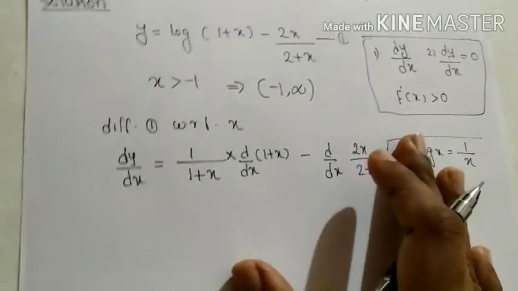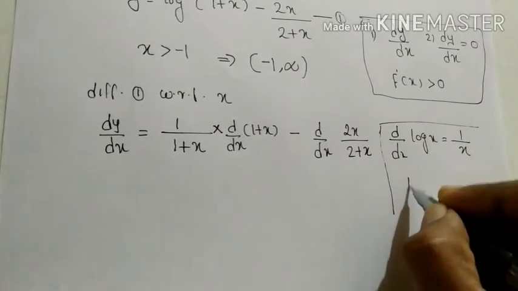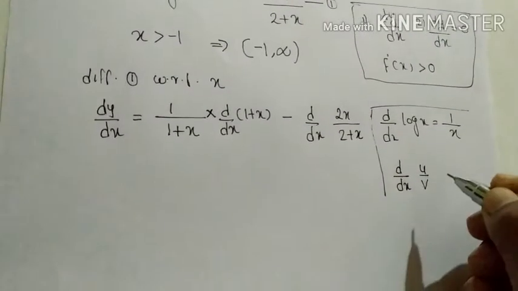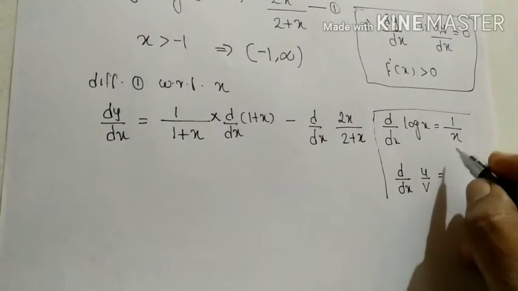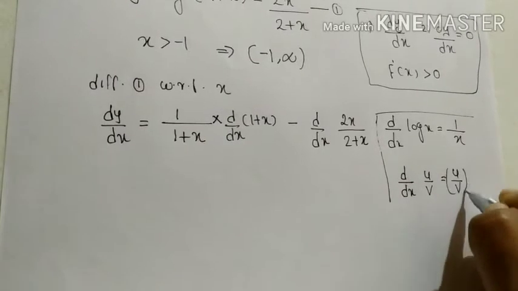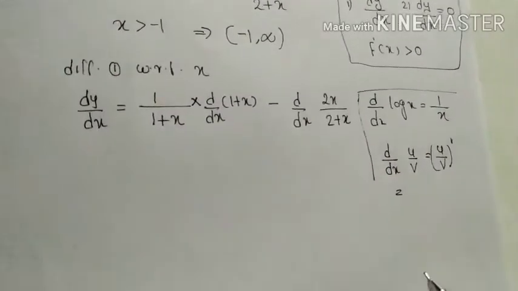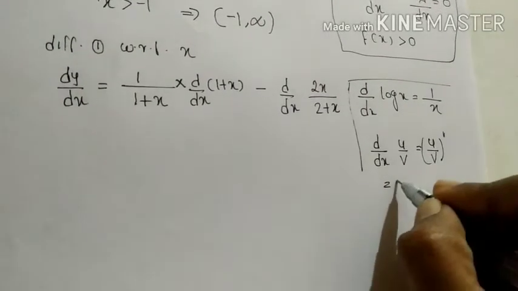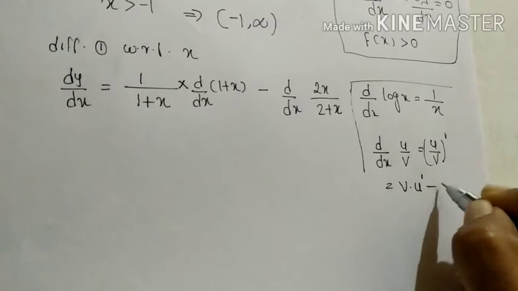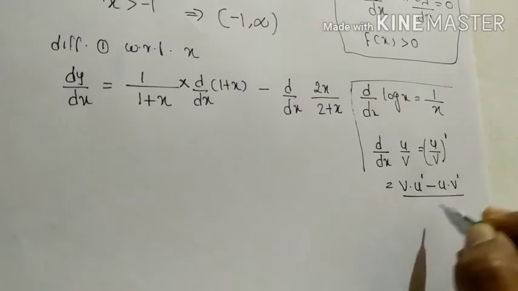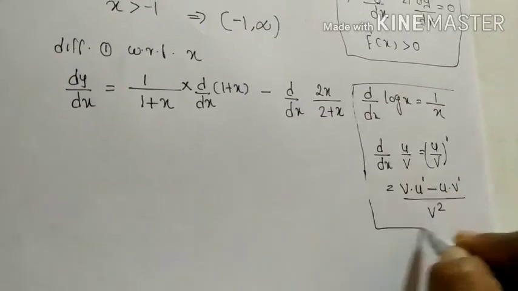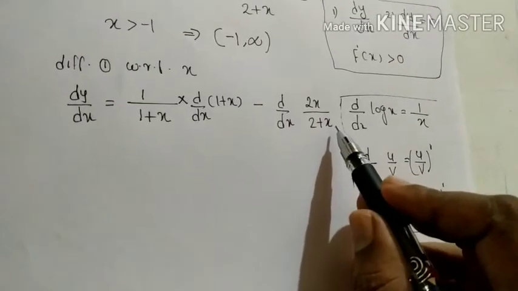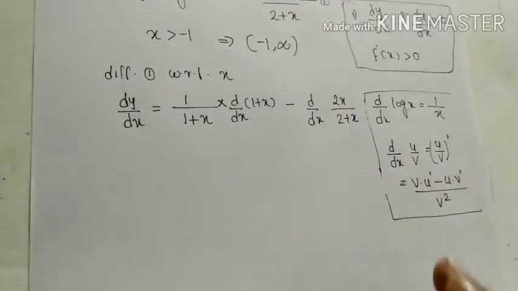Here I am going to use the derivative of u by v form, or the quotient rule. u by v whole dash is equal to, what is the quotient rule? v into u dash minus u into v dash, whole divided by v square. Here u is 2x and v is 2 plus x. So substituting these values,